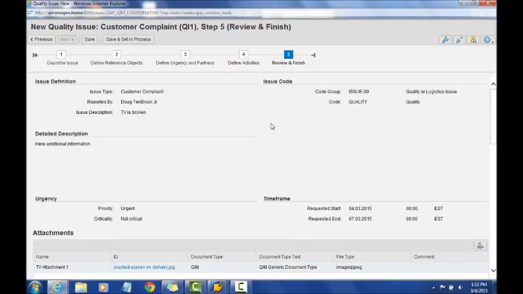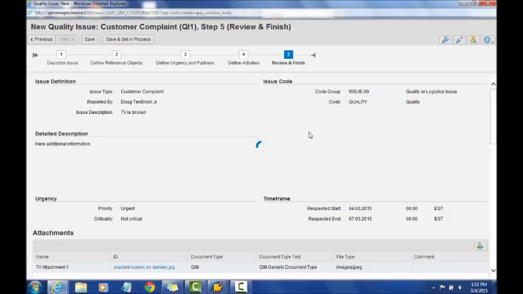If everything looks good, what we want to do is either hit save, or save and set to in process. The way that I look at save is we want to get this into the system, but we would also like somebody to review it just to make sure that yes, this is going to be a true customer complaint, and then a coordinator or somebody that is capable of making that determination would then go ahead and set it to in process. So I'm going to go ahead and just select save, and once I hit save here,